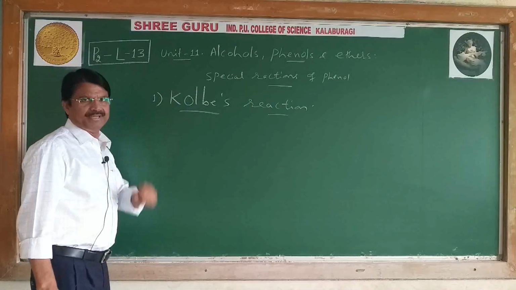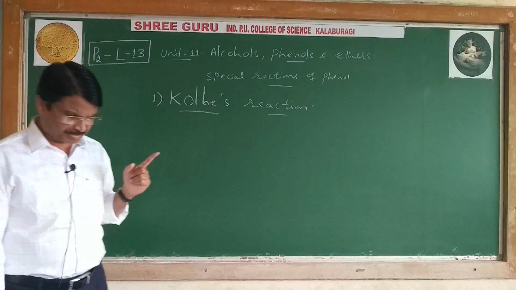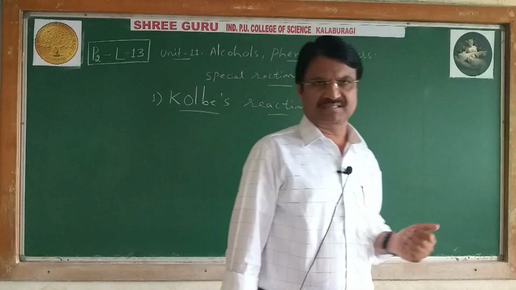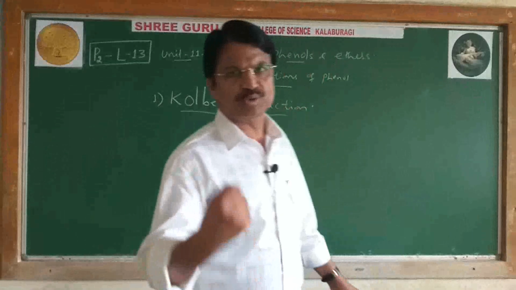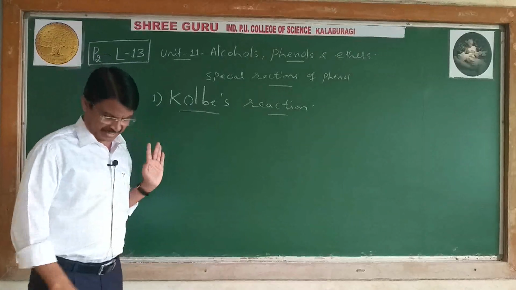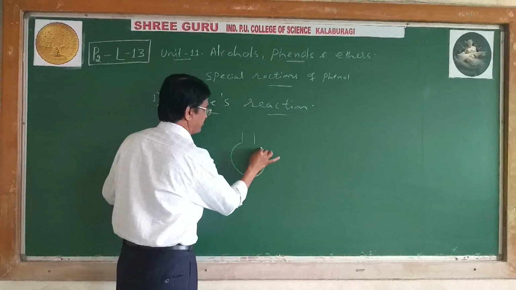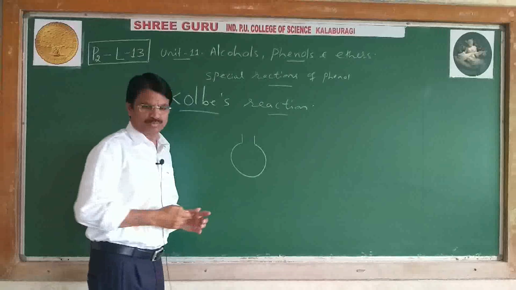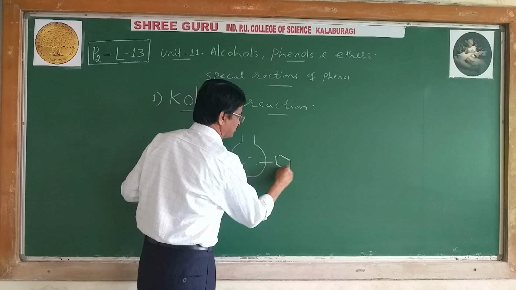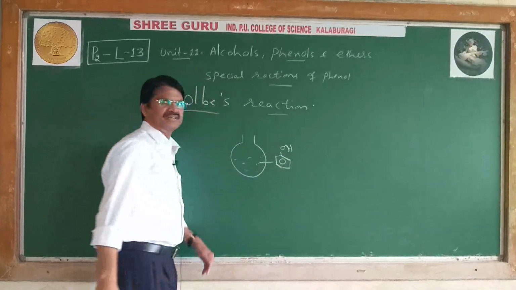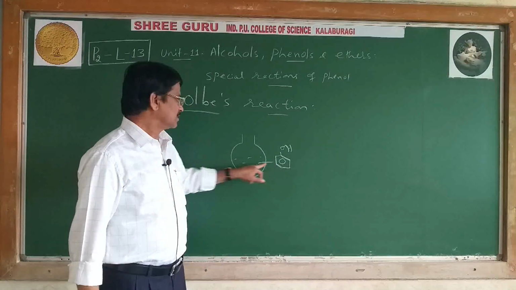It is named after a scientist, Kolbe. See what he did. He explained the preparation of salicylic acid. This means by this method only one compound is prepared, called salicylic acid. See how to prepare salicylic acid by Kolbe's method. First we take a round bottom flask. Here phenol is taken, a colorless liquid; pure phenol is a colorless liquid.